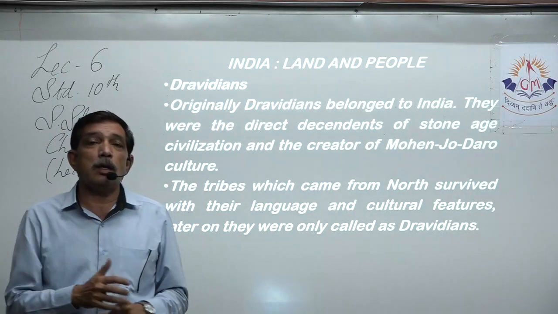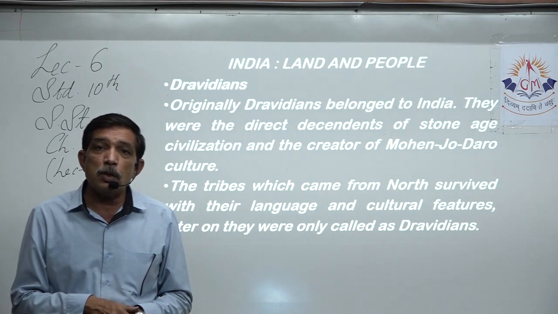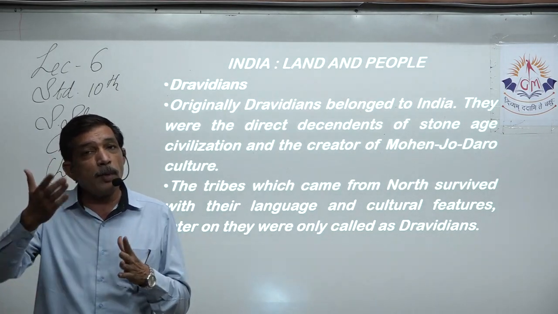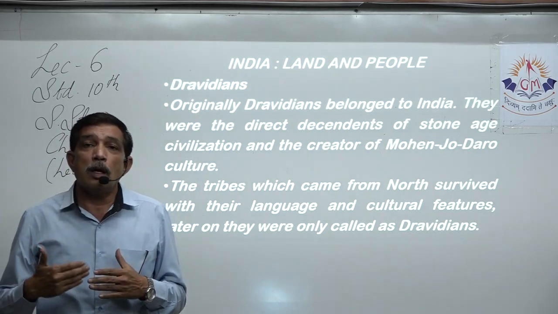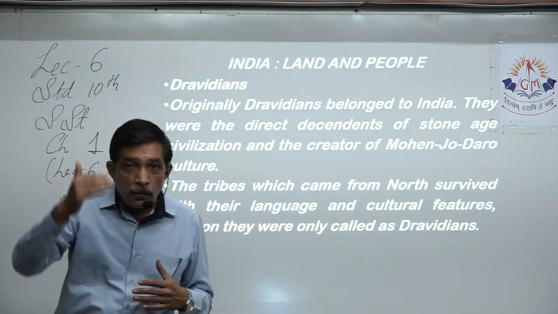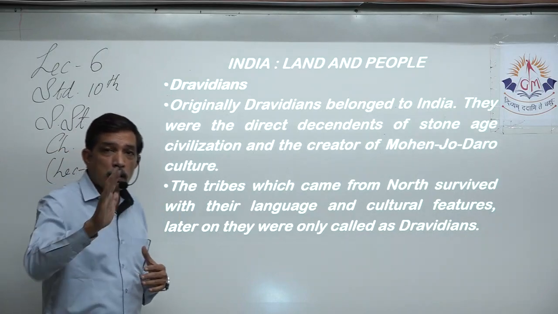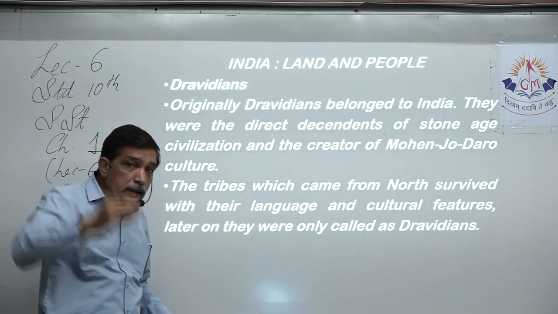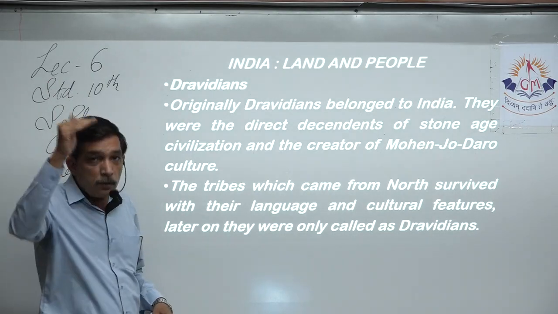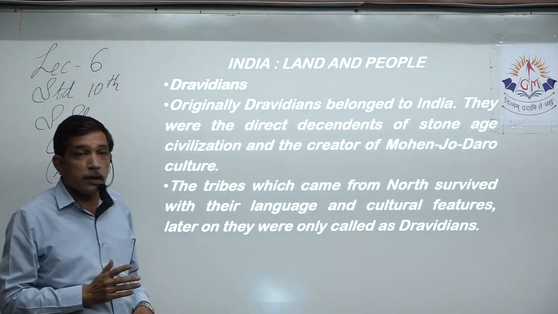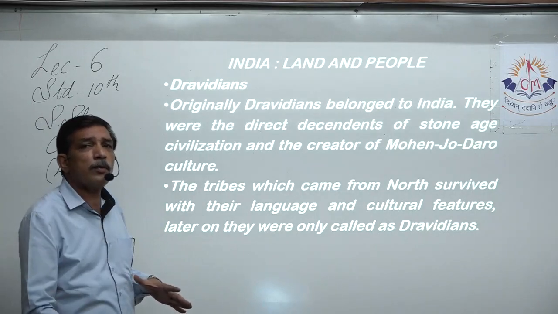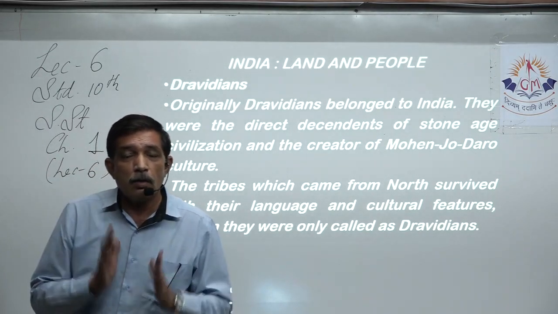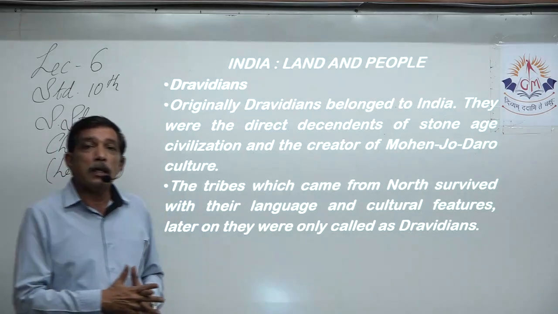They came into existence. Human beings came into existence, right? We know them as primitive men. From primitive men, they came to the Stone Age, and from the Stone Age to the Indus Valley civilization. So they are the direct descendants of the Stone Age. Whatever number of millions of years or hundreds of years it took, we consider that as correct.